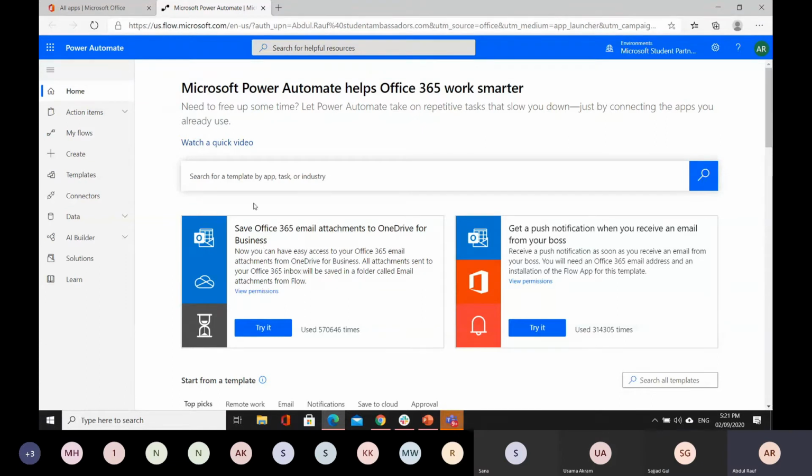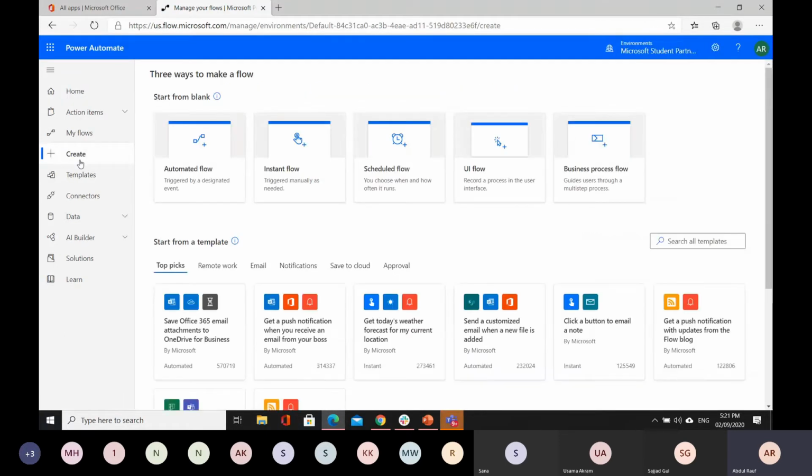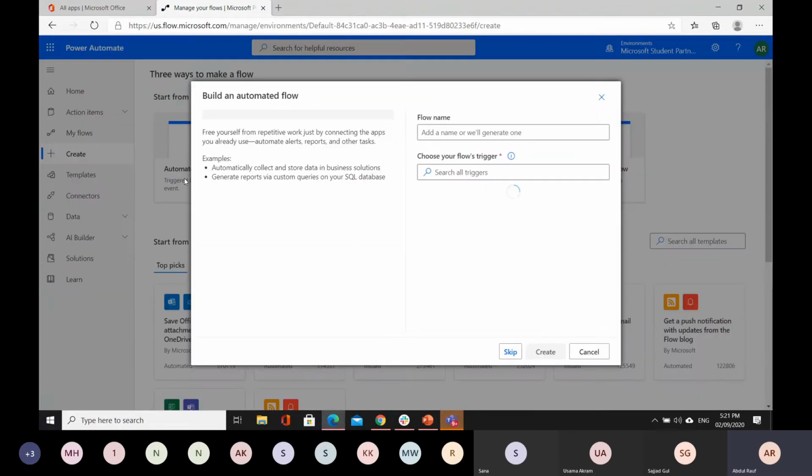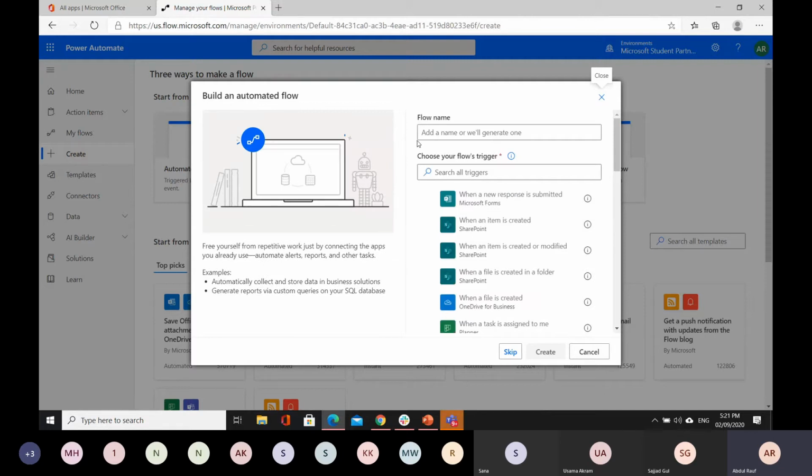So Power Automate, I'll just create a basic flow. You can go to Create and create an automated flow, and you'll just have to name the flow. A trigger is basically what to do when something happens. So if your email comes in a separate inbox, you can type email as the trigger, when a new email arrives,